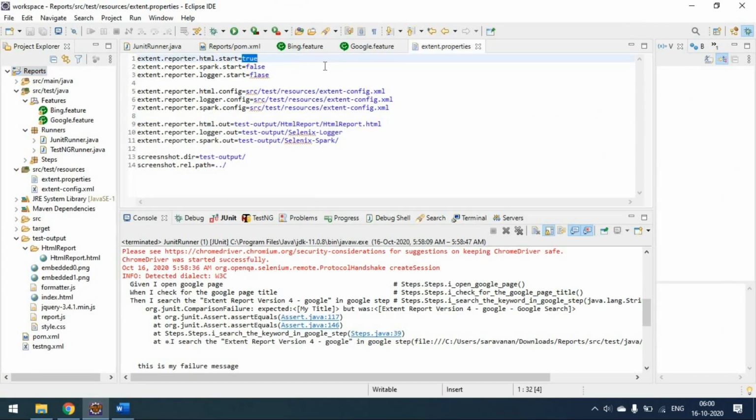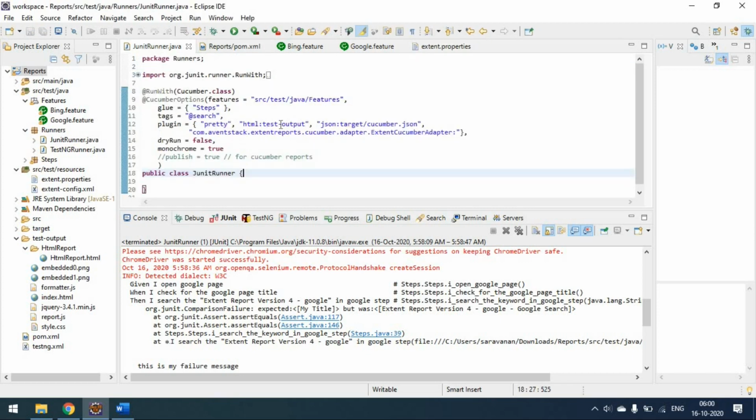Now we'll see the Spark report. I will make this false and I will make this true, and run the same runner class.